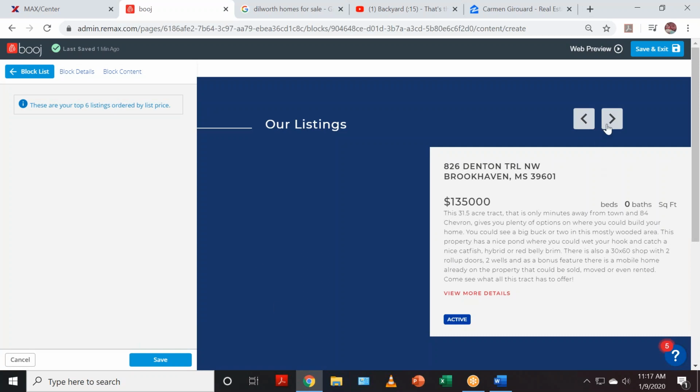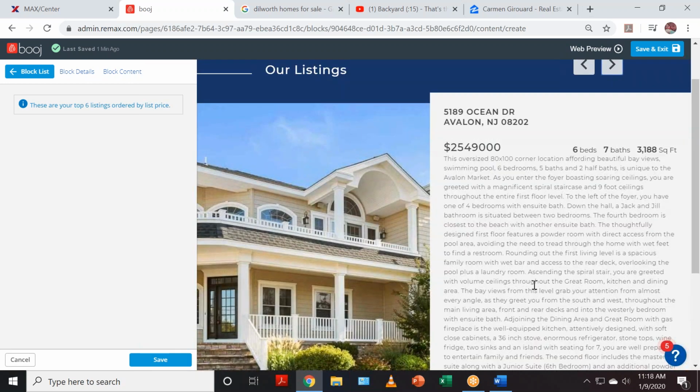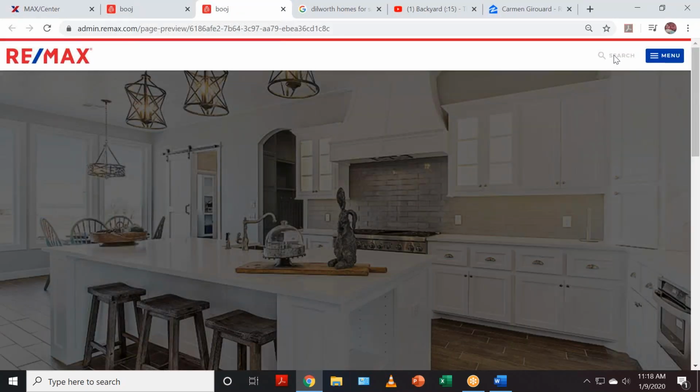Okay, so it has a little blue block, and you can scroll through with a little image and the description. That actually looks really nice. Those are just your own listings. They can't do a search block yet. They have the search, but on the header only right now. So they don't have a search content block. You can create the page, but you just can't do anything with it. If you do the web preview, I believe it should show you. You're always going to have the search up here on remax.com. So worst case scenario,